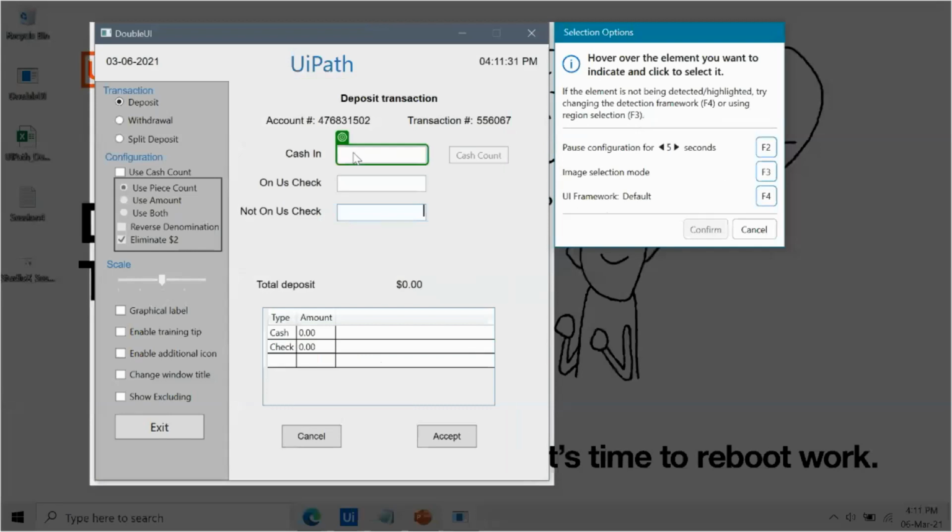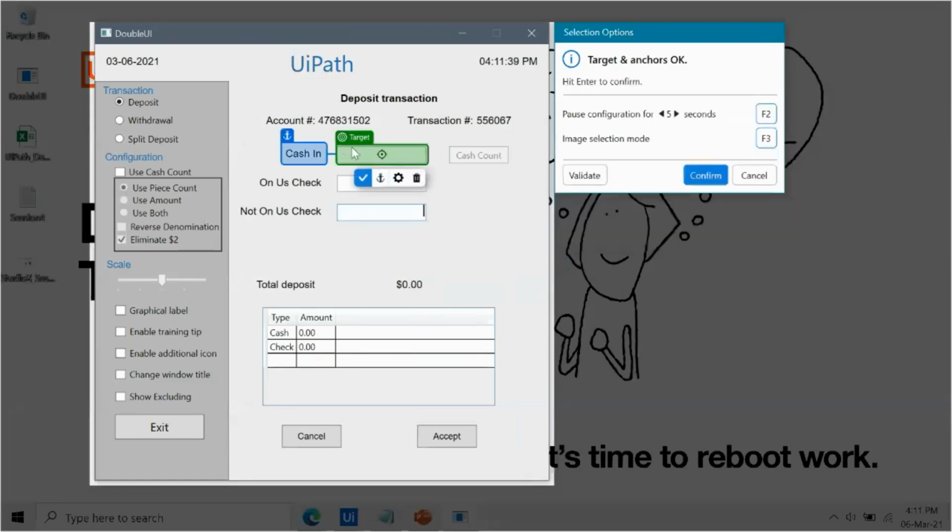This is the field where I would like to provide an input. I click over here. The green one is referred to as the target, where the bot is expected to provide an input, whereas the blue item is called an anchor. Anchors are the reference names that help to identify the exact target.